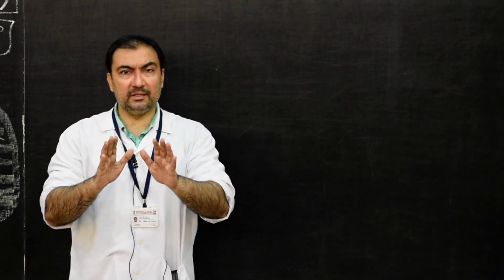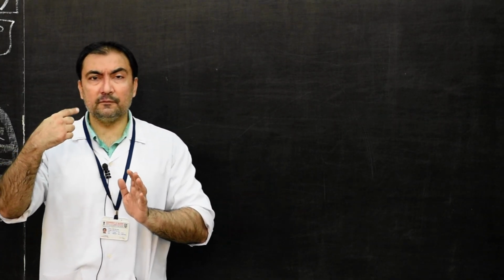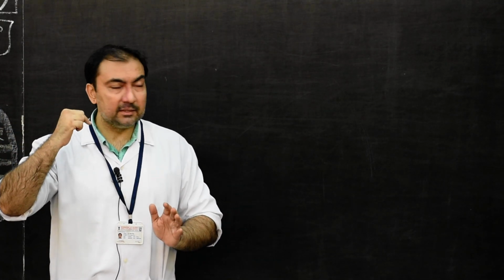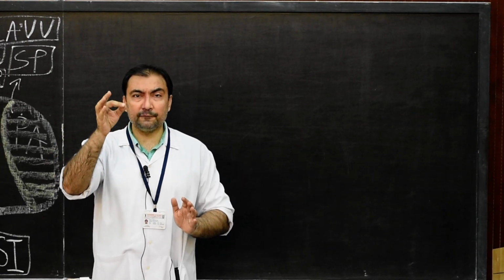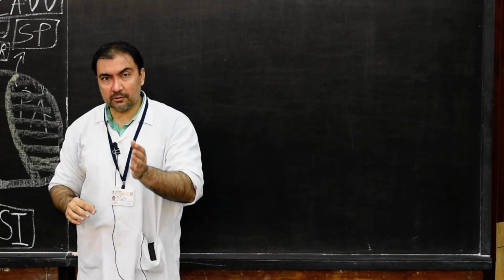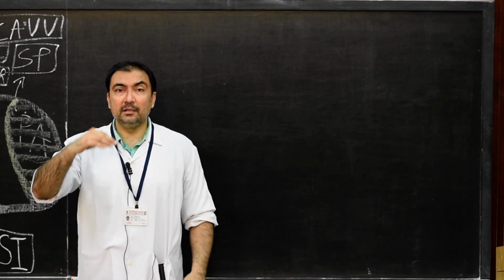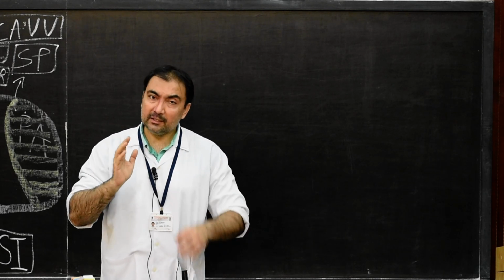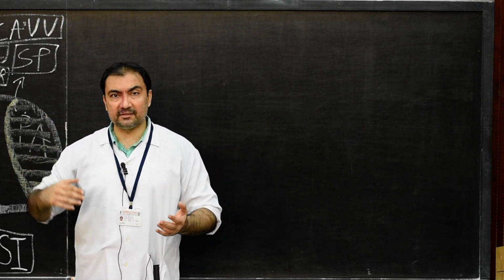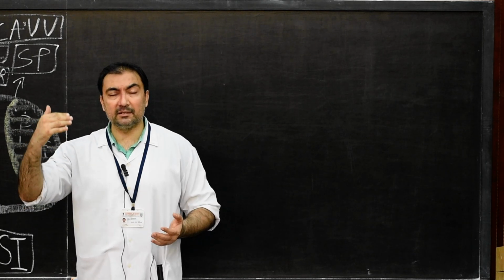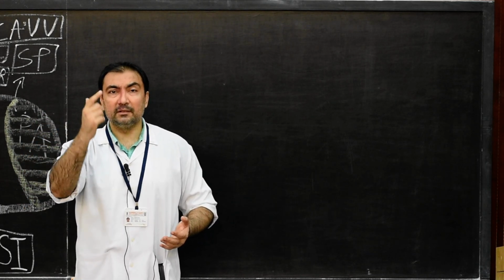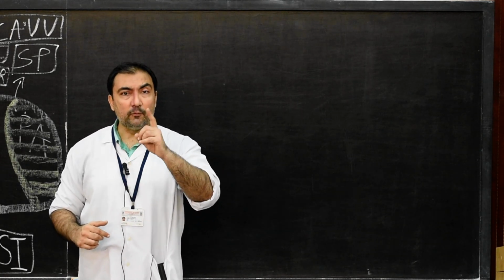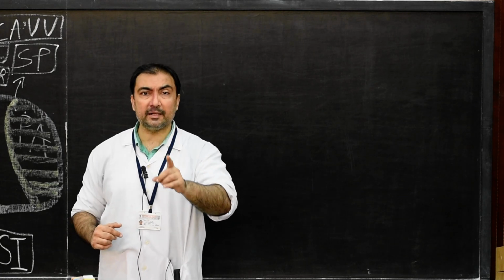Now, keeping it simple, as I told you, the ventral wall of the ventricular septum will fuse with the ventral cushion of septum intermedium, and the dorsal horn of the ventricular septum with the dorsal cushion of septum intermedium. Same way, the right and left bulbar ridges: the right bulbar ridge will be in line with the dorsal horn of the ventricular septum, and the left bulbar ridge will be in line with the ventral horn of the ventricular septum.